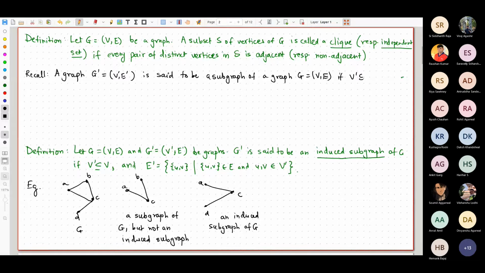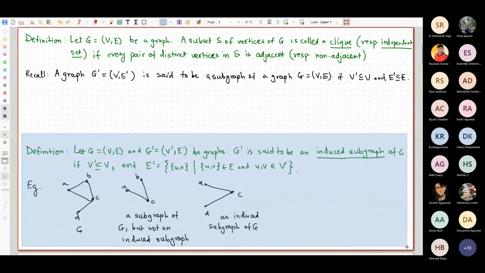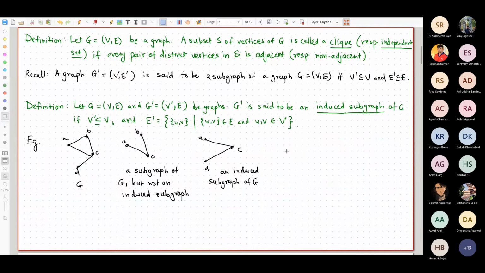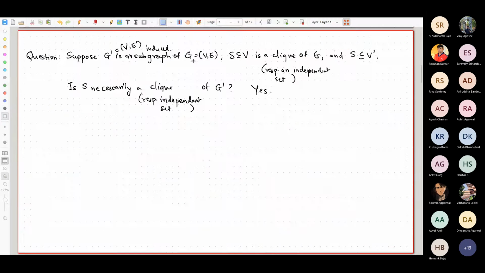If V prime is a subset of V and E prime is a subset of E. Right. Okay. So now,